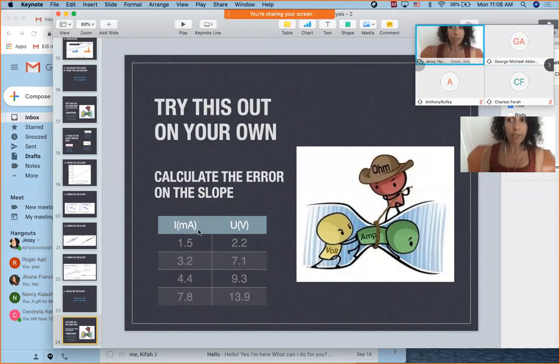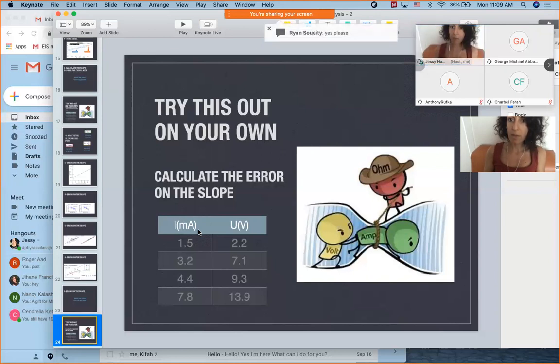Okay. Anybody in this room would like us to videotape the procedure step by step on finding the error on the slope? Okay, please let me know in the chat or maybe privately later on, email me saying we don't know how to do this, so I can do it step by step for you. Okay, maybe do it anyway. What do you think? Yes, please. All right, Ryan. So I'm gonna do that.